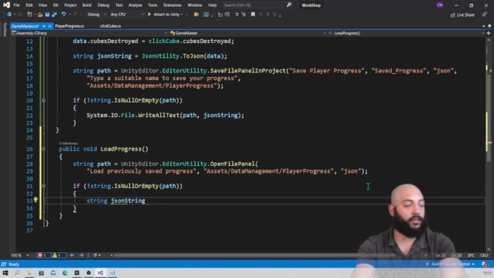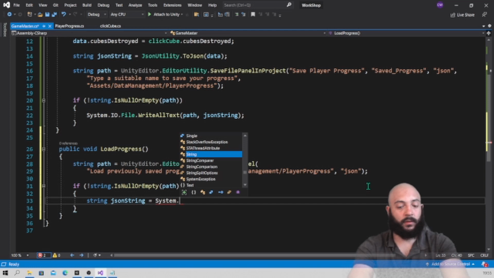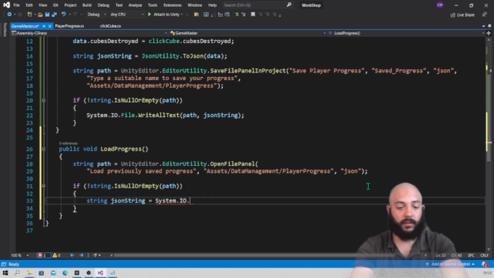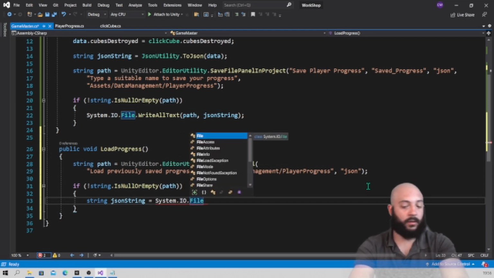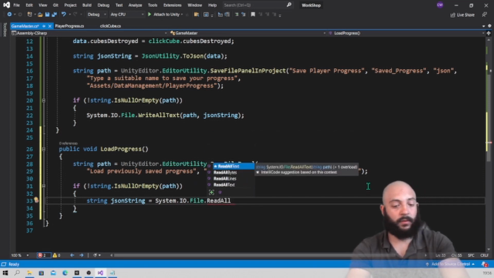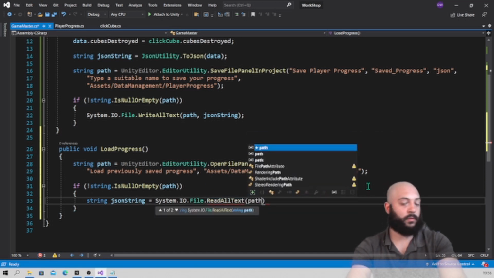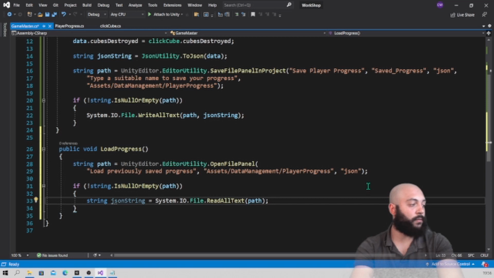Then we save our JSON string. So we're going to access the content that we saved through this method. What was it? Path. And then